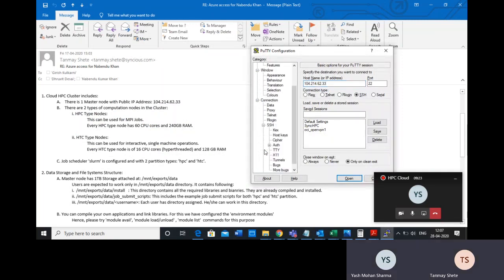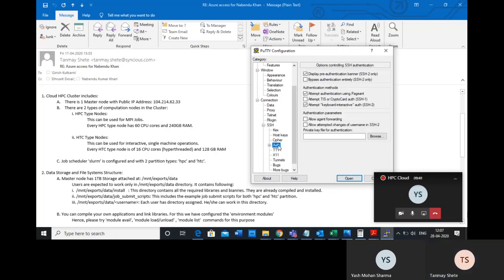And in SSH, now this is a different way. When you used to connect with PuTTY, you would just say open, and then enter the username and password. But here you have to go to this connection, SSH, and click on auth. Okay, how to open this dialog box?